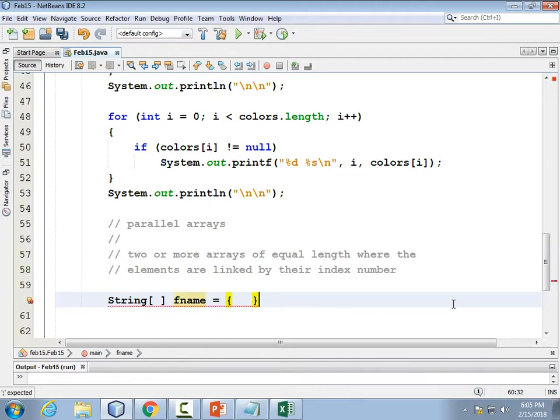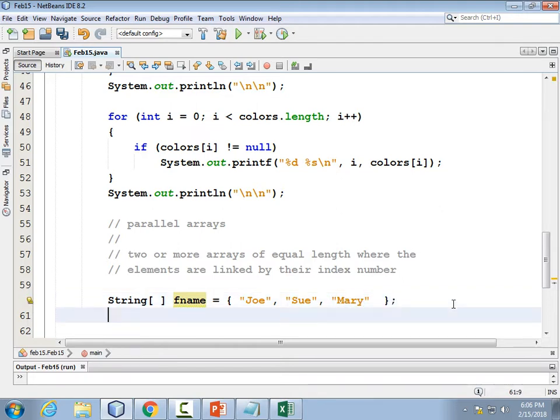So between the curly braces and the semicolon, we have Joe, Sue, and Mary. Then we have string, square braces, lname is equal to Bob,